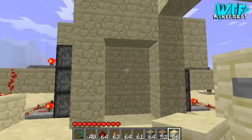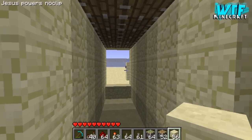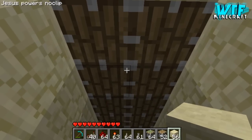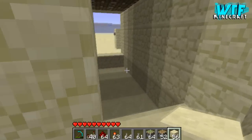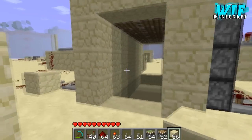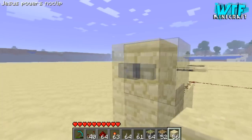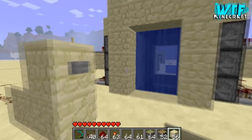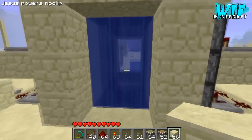And when we press the button, the left and right pistons activate, and then the pistons at the top activate, which will stop the water flow. The reason why I'm using water is because it is so much safer. And then the button at the other end will deactivate the pistons at the top, which will let the